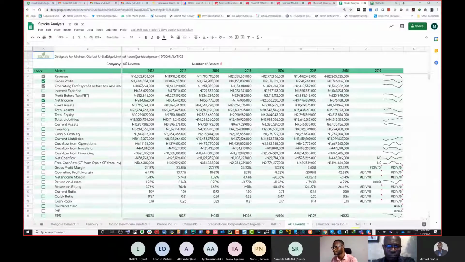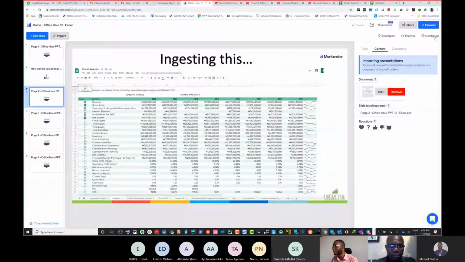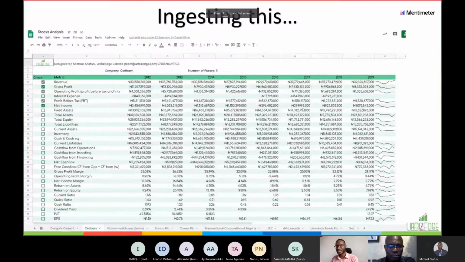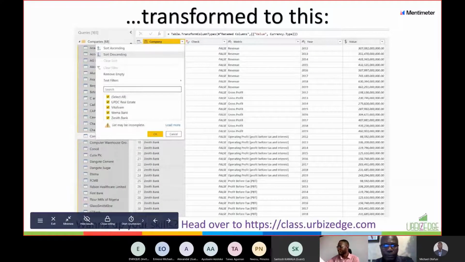Now, you see this that I have, I need to use it in a report. I need all of this to come together in a report. You will notice what I put in the slide: all these things that I have here, I just have in Google Sheets so that it's easy for the person filling it to fill in information. What I really need is to take it back into Excel and combine everything into this kind of structure where I can see all the companies in one column, right? So if you see my screen, all the companies in one column, and other information like the revenue, gross profit, all this information we are tracking, in another column, the years and the value. And guess what? This is coming from,